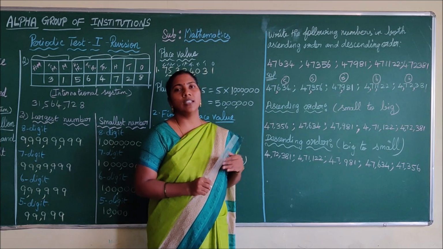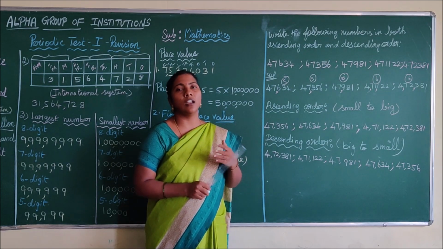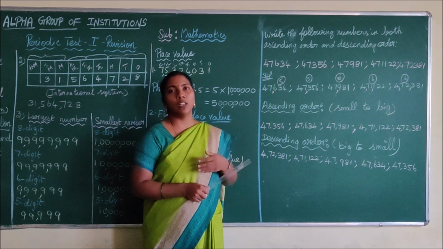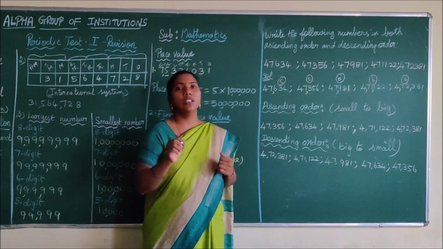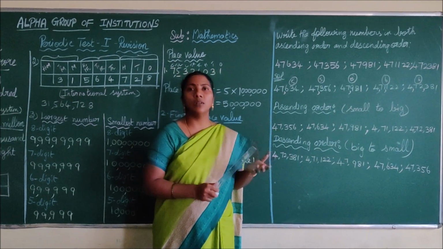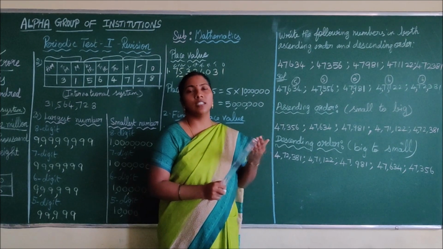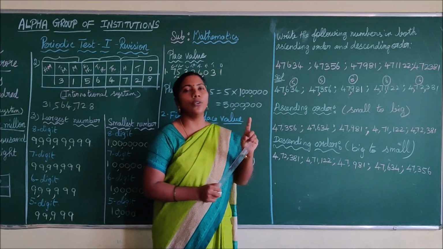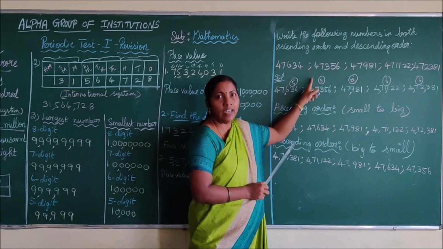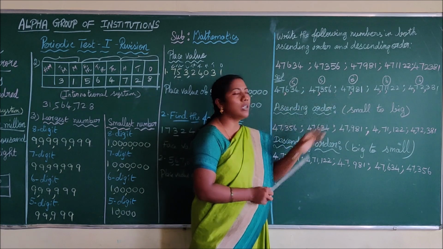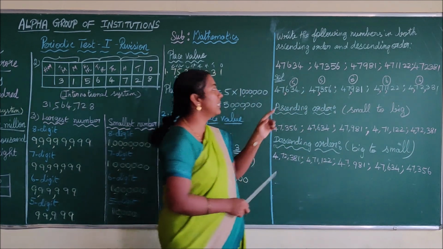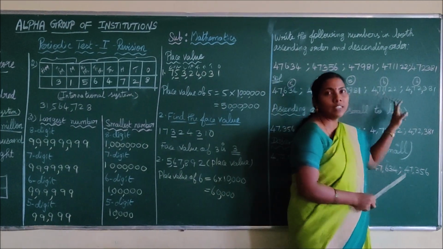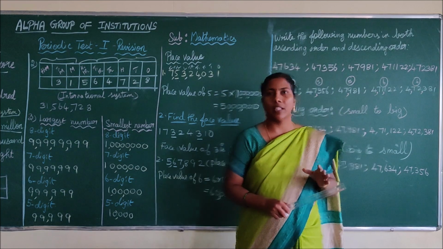Next we are going to see ascending order and descending order. How can you arrange the given numbers in ascending order and descending order? You know very well ascending order means small to big, descending order means big to small. The only thing to note is that in standard 6 you are given large numbers, and arranging large numbers in ascending and descending order is not an easy task. To make it easy, first write the question once again and then place the commas using the Indian system, that is after 3 digits, and then every 2 digits. The first step is to place the commas as per the Indian system.